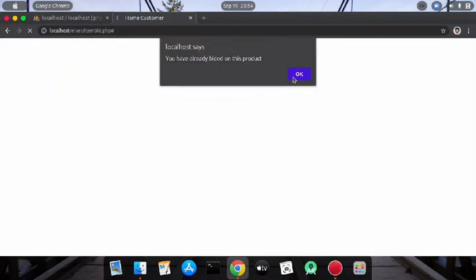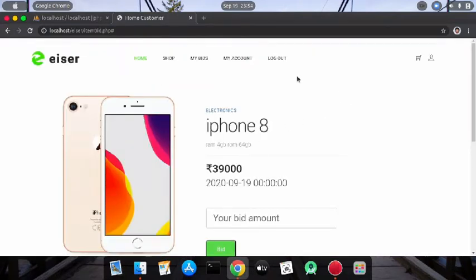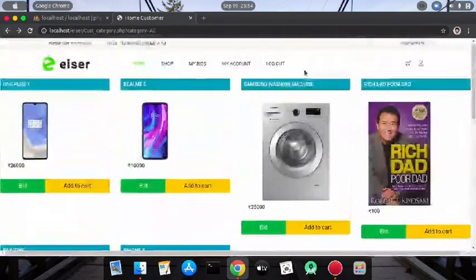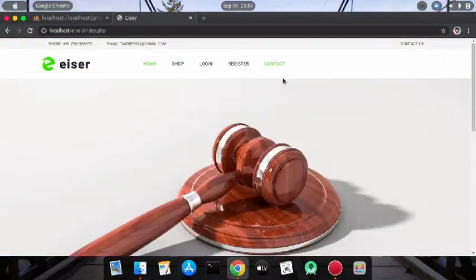You cannot bid on this product until another customer bids on it. So come back again and log out. Then register and log in as another customer on the same product.